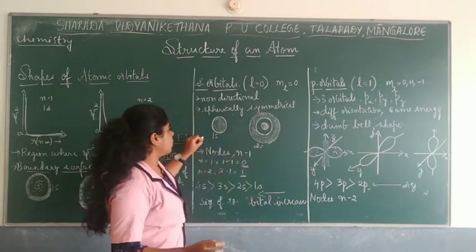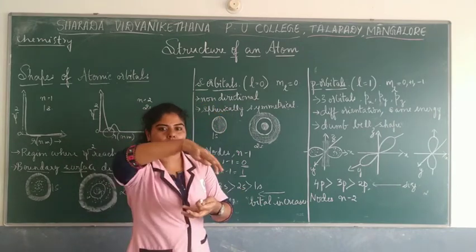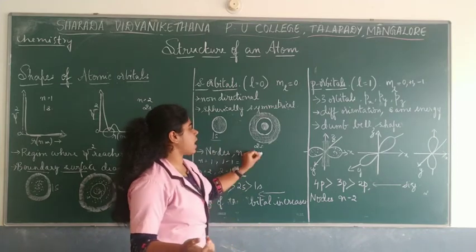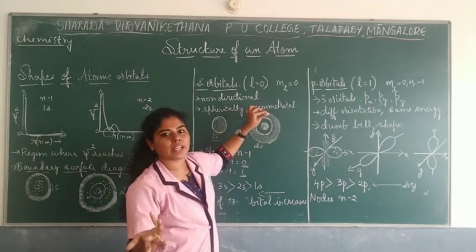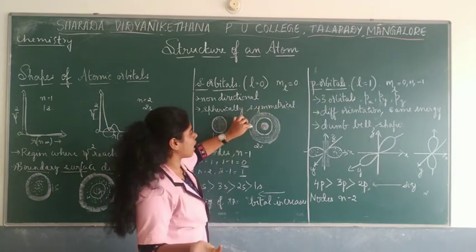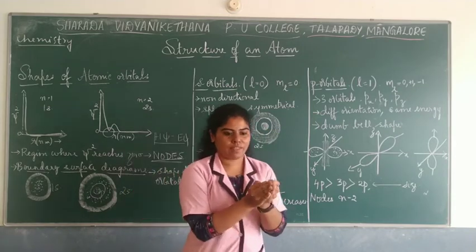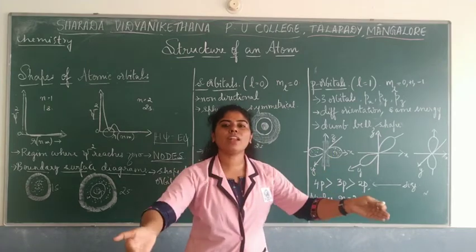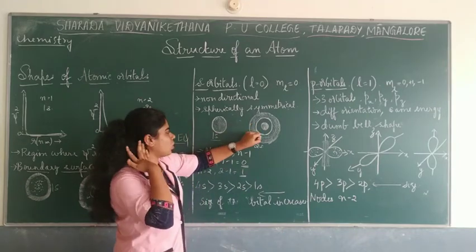Okay, and then you can imagine it something like this. 1s, you have to imagine it like a ball or a circle, in a two-dimensional way, and that's how you write 1s, and then you draw it for 2s. So what is this space where there is no probability of finding an electron? This is a node, or nodal surface as we say. So how many nodes does the 2s orbital contain? One node. So first you have 1s, then there is a node because there is no probability of finding an electron, and then you move on to 2s. That is how you will draw the orbitals with nodes.